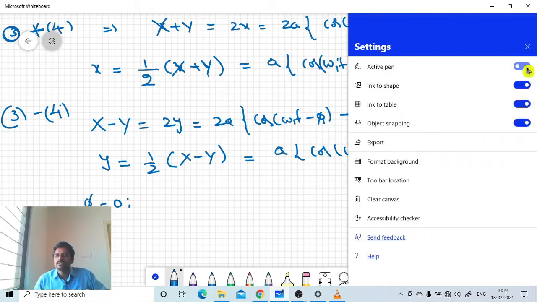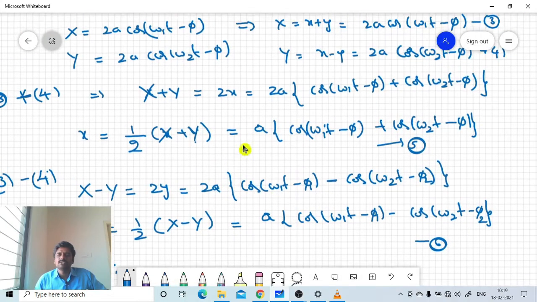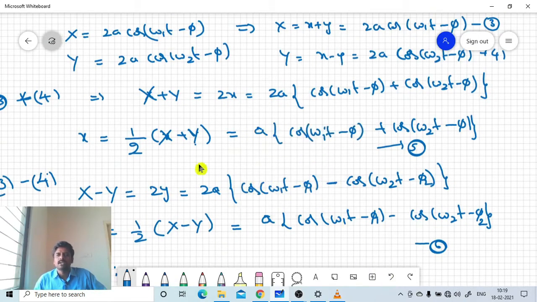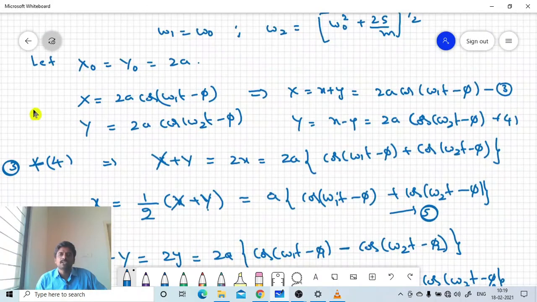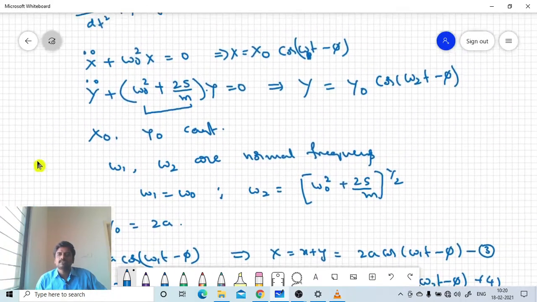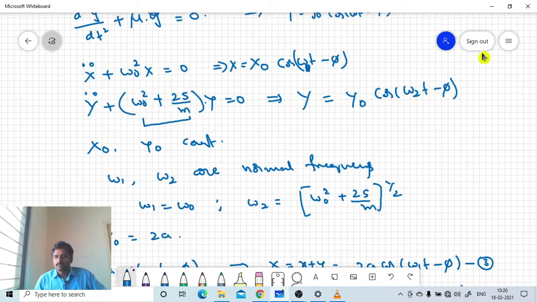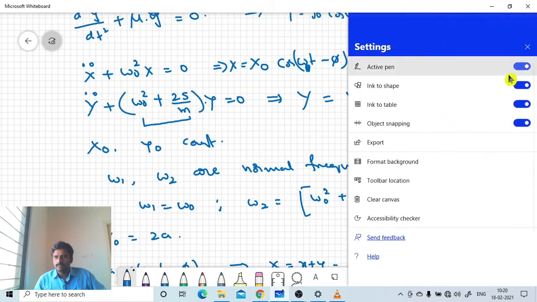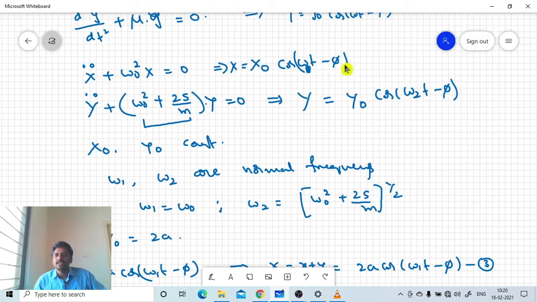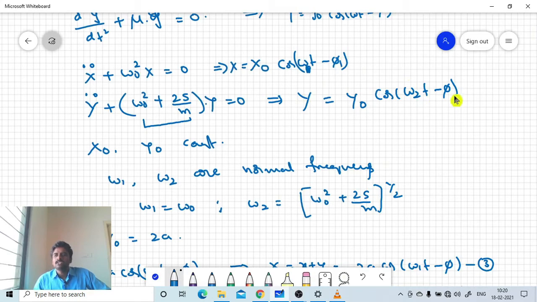Let's go from the initial state, where we need to take phi as phi 1 and phi 2. Let's go from here onwards. This is the first body, which has phi 1. For simplicity I take only phi, but in reality they may have two phases, phi 1 and phi 2.